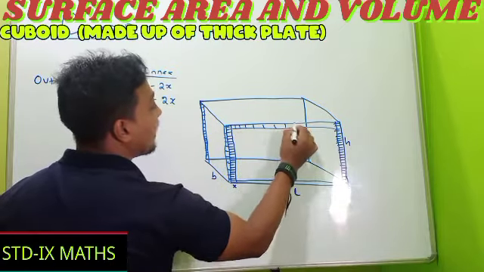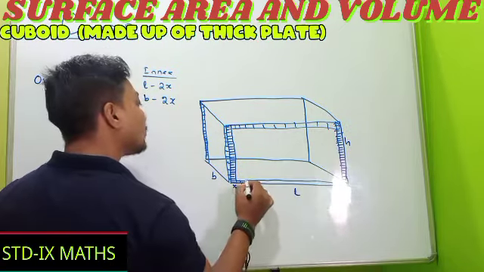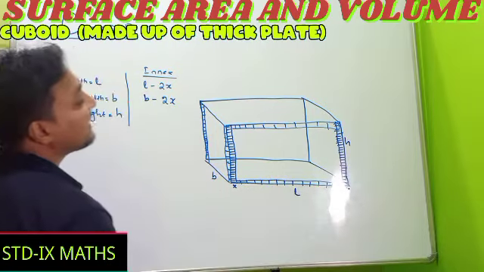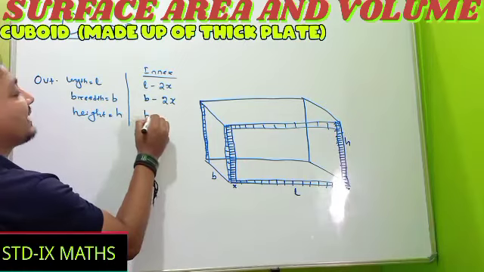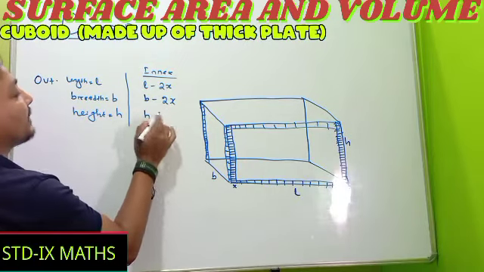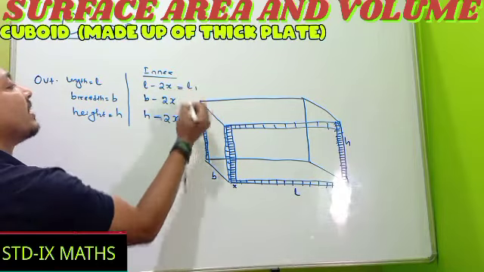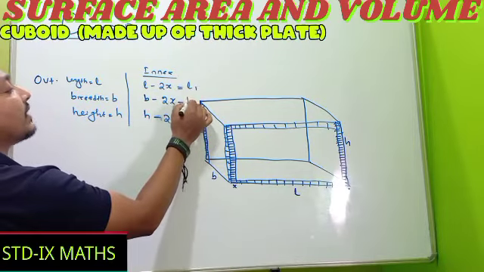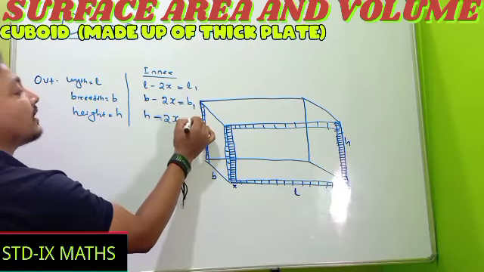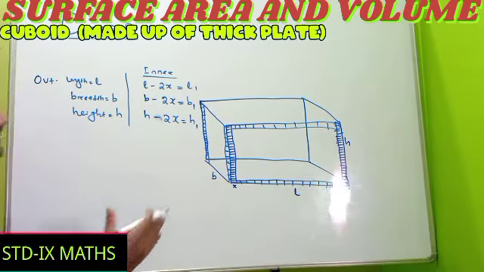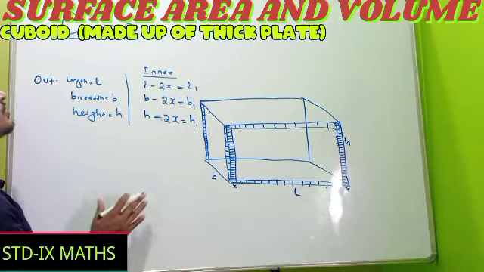It means from the height also, see, from the height also 2 times of the width it is to be reduced. For which the height it will be h minus 2x. So it will be our new length of the inner, new breadth of the inner, new height of the inner.